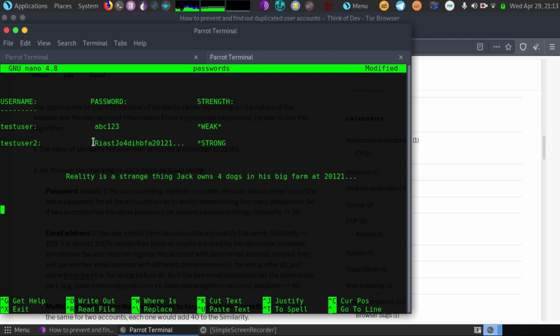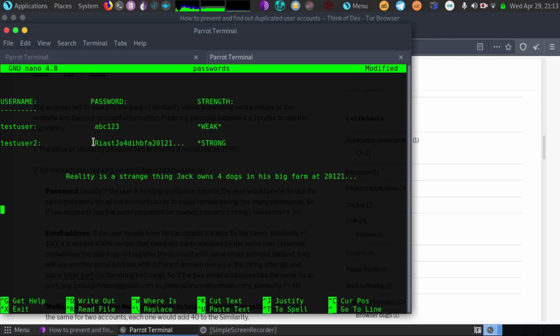If you want something you don't have to write down, because you may not trust people who may have access to your paper or whatever in your office, you may want to keep it in your head. But as I mentioned, it's very important to use different passwords for each account you use. As I mentioned, this can be used like a fingerprint to identify you, because a password is as unique as your own DNA in some cases. And a password can tell a lot about somebody, but it can also identify exactly who they are.